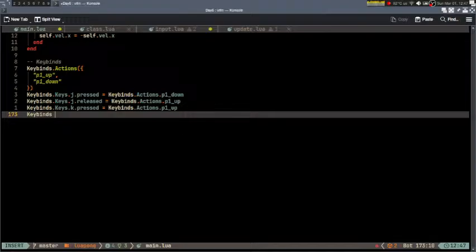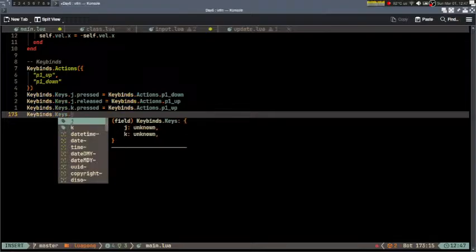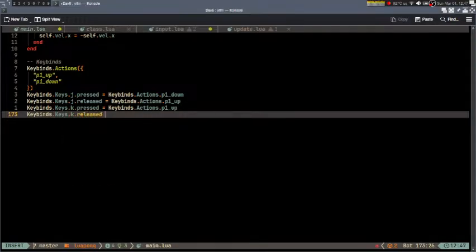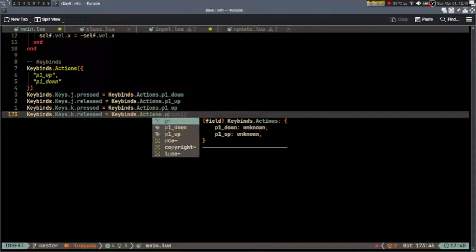Keybinds.keys.k.released is equal to keybinds.actions.p1